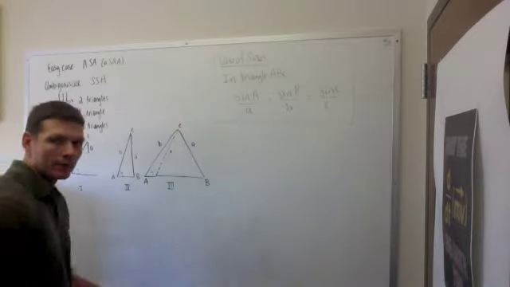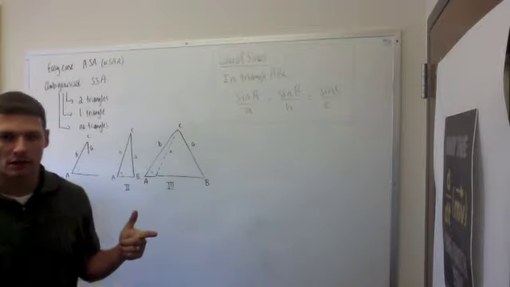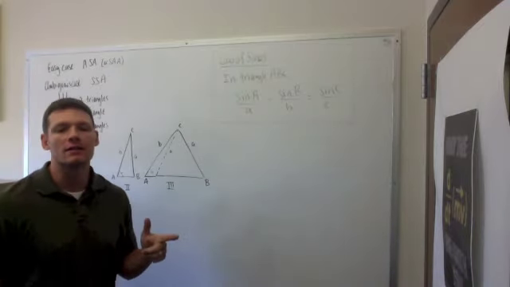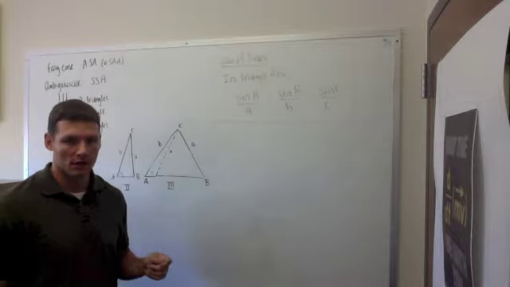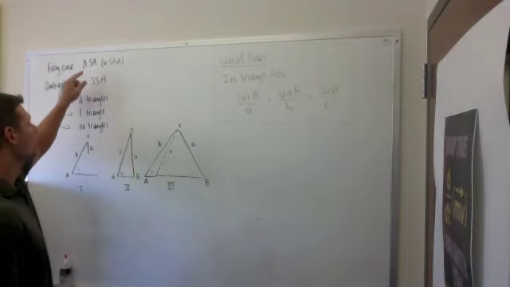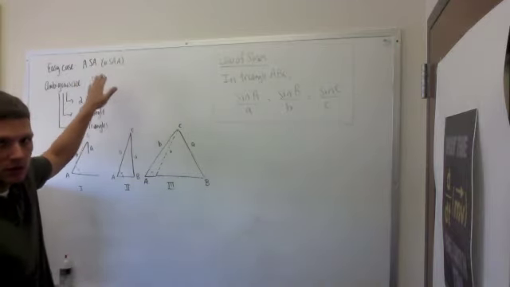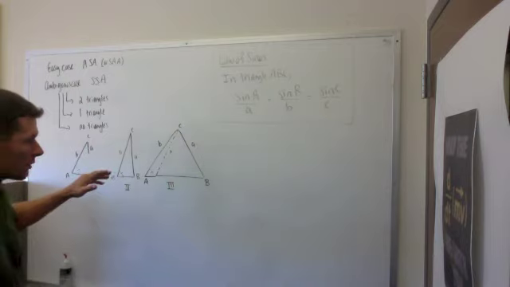Okay, so the first two cases that we have, angle, side, angle, and side, side, angle, those two cases we use the law of sines for. The first one is the easy one. We just looked at an example of that one. Angle, side, angle, or side, angle, angle, which is equivalent. That's the easy case. Case 2 is considered what we call the ambiguous case, and the reason for that,